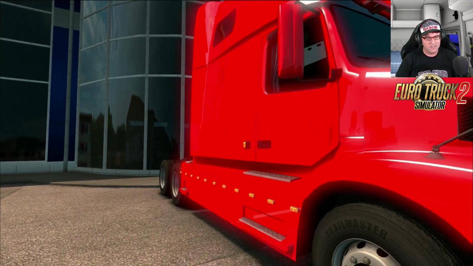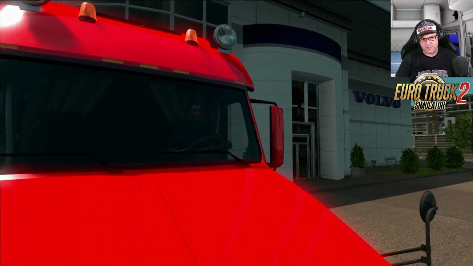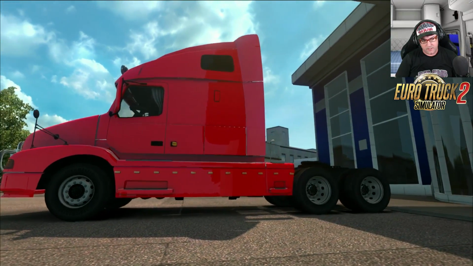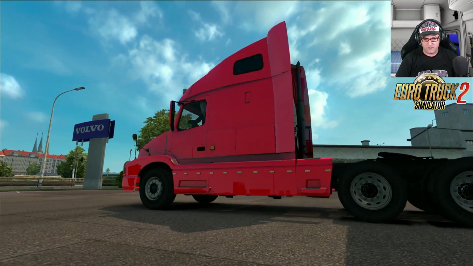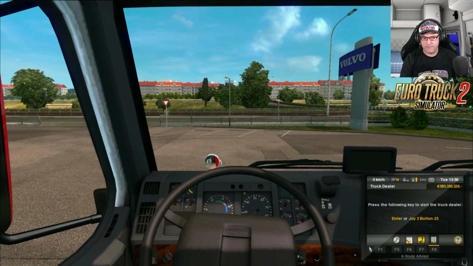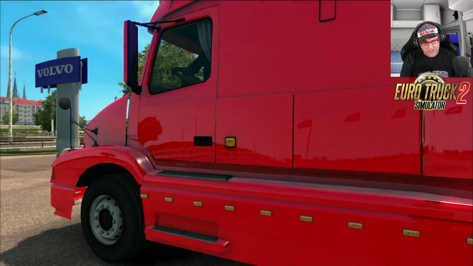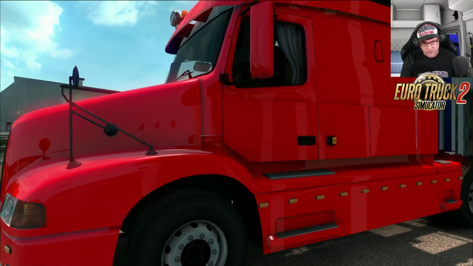That is bright. Does anyone else need sunglasses to have a look at this truck? That is bright. Not sure why it's so bright, but anyway. There's another hole in the bonnet there. There are a few holes within the model, so that's a bit that needs to be fixed, but anyway, let's quickly take a look around. It looks good, but you can see there's a big hole there in the bonnet, and just underneath that is also a hole,